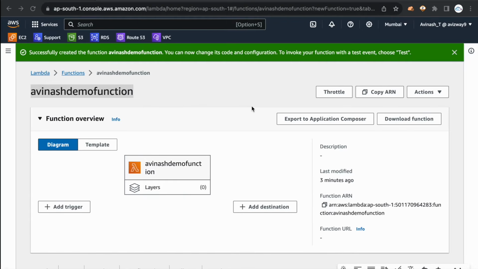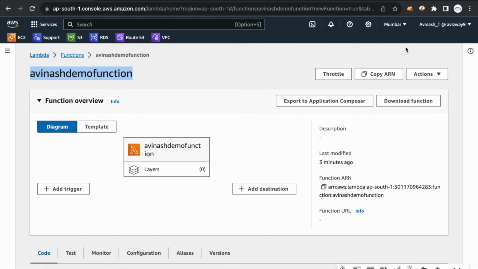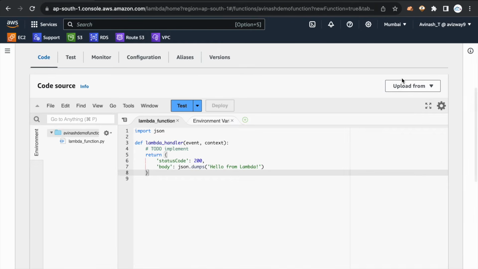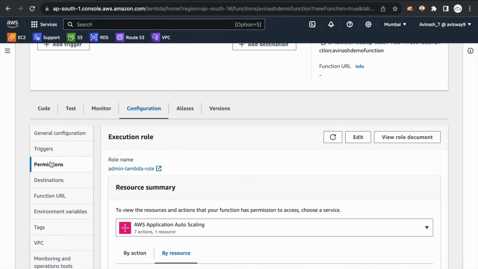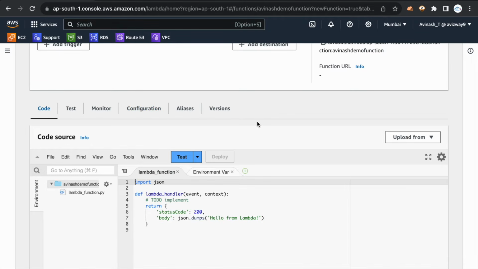All right. So you can upload this zip file into an S3 bucket and you can browse that S3 location also here. But the thing is, whenever you want to use that option, whatever the role you associated to this Lambda function, to this role, you need to give get object permission on that S3 bucket. Okay,